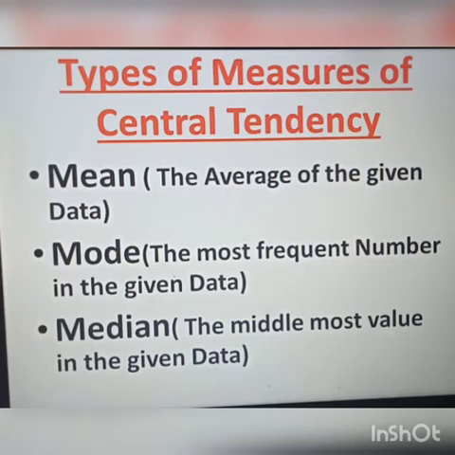The third one is median, the middlemost value in the given data. It's very simple. If an odd number of data values are given to you, the middlemost value is the median. And if an even number of data is given, let's suppose 6 data values are given, you will choose the middle two values. Obviously there is no single middle value in that case. So whatever the two middlemost values are, you will calculate the average of these two values, and you will get the median. So these are the three main ways which may calculate the central value or representative of the data.